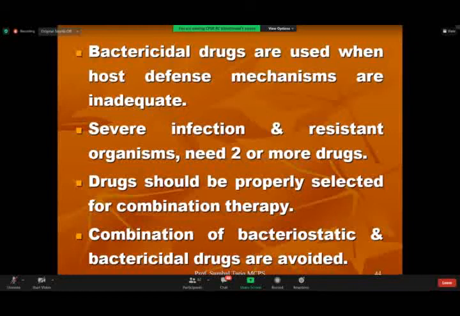अगर आप सिर्फ कुछ चीजें select कर लो कि ये let's say कि इस patient को tuberculosis है और we'll just give him isoniazid or just give him isoniazid and rifampicin, so these 2 drugs will not be adequate for the initiation phase. You have to give a proper combination of 4 drugs. Pyrazinamide भी add on करनी है. Sometimes you have to give them injections, streptomycin also, and you also have to keep on giving those drugs for a specific time. 2 to 3 months शुरू के is very important.